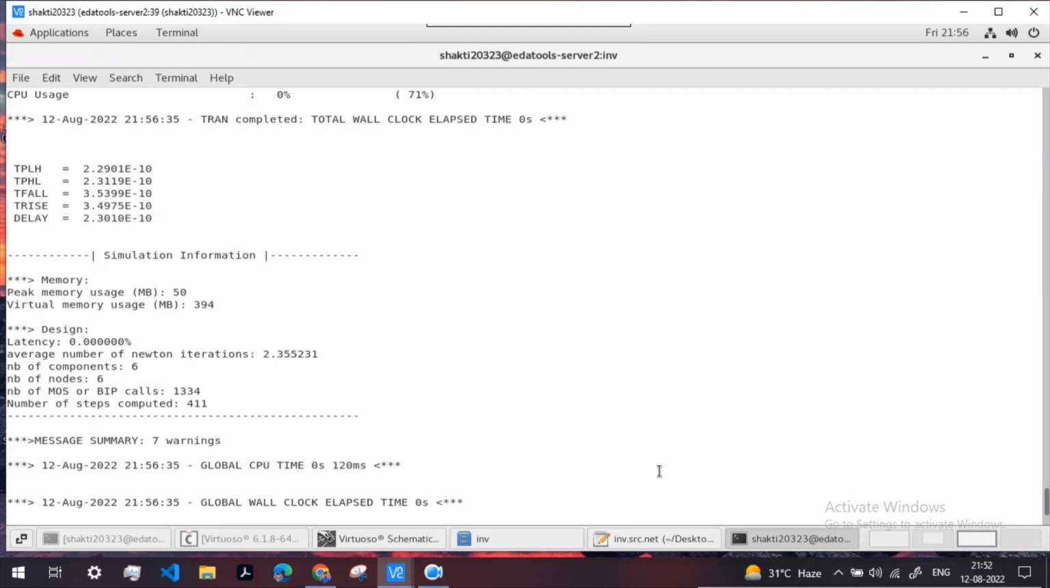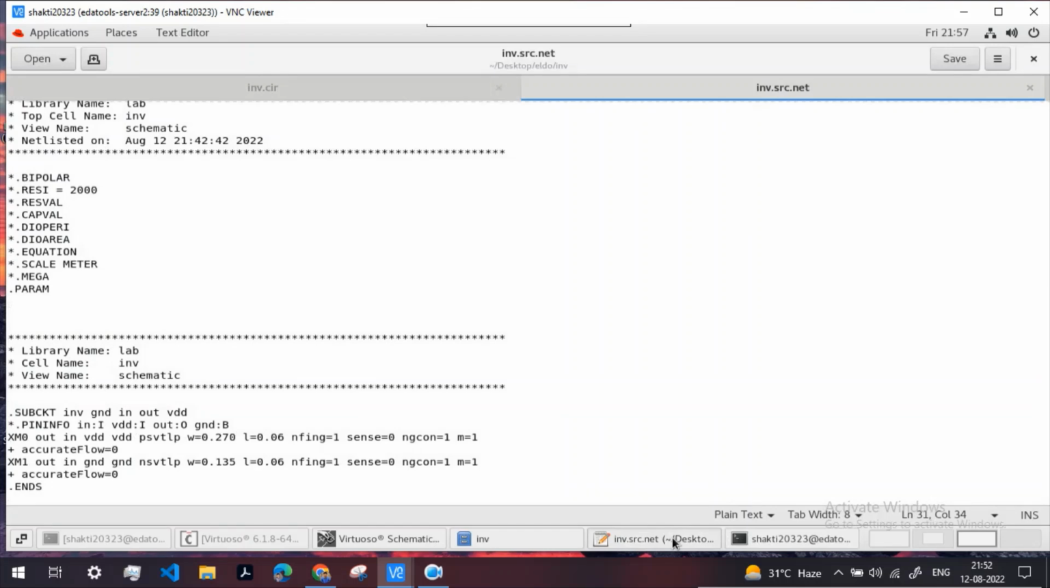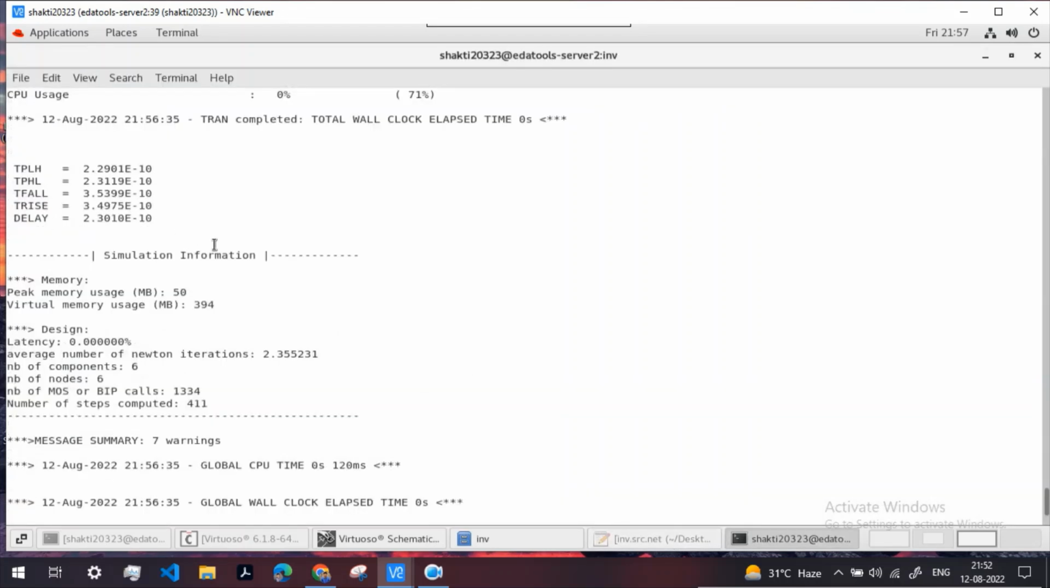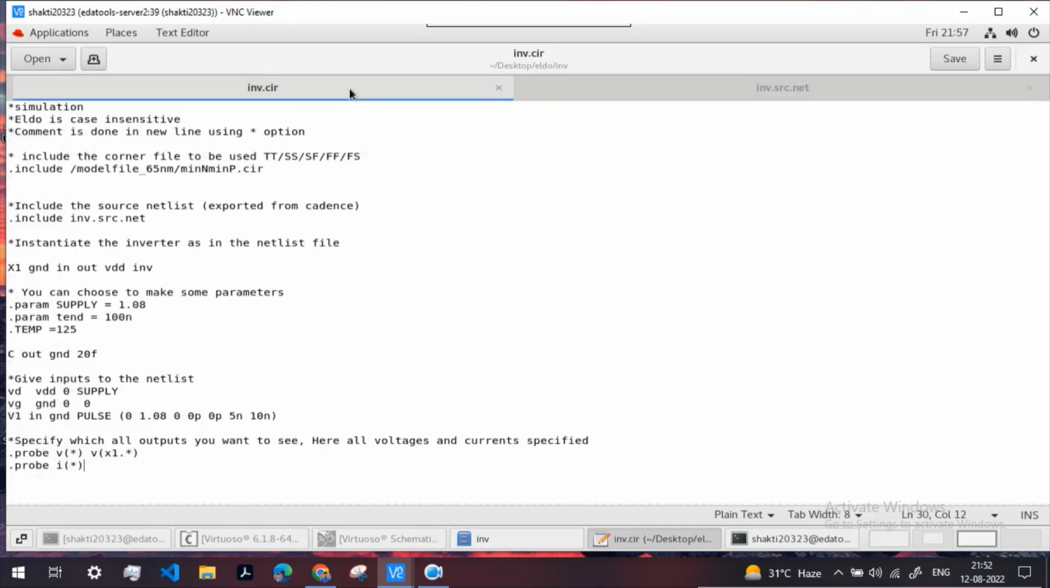Similarly, we can model the different width and length values inside the netlist to obtain these parameters accordingly. One important point to note is inside the CIR file that we have written, since we are beginning with the simulations, it was just a tutorial video. We have taken these PVT values to anything that we want, these process values and the temperature and supply